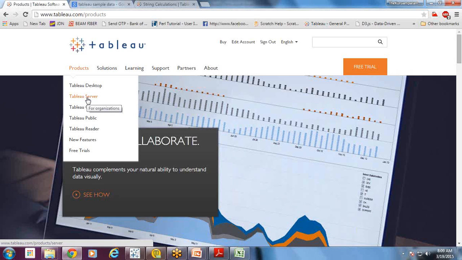But how will the other person see the report? It's not like Excel, where I send the file to them and they open it in the personal or professional edition. Even if they have the personal edition, they won't be able to open it if my data source is SQL Server, because the personal edition does not support it. So what is the best way to share it? The best way is, if you have a Tableau Server, you publish